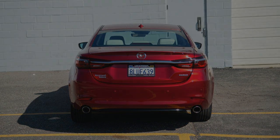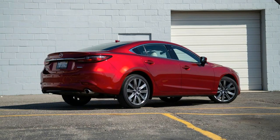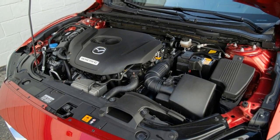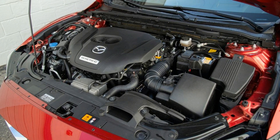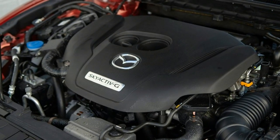$30,620 however accompany the more remarkable turbocharged motor just as Bose sound, satellite radio, an auto-diminishing rear-view reflect, warm side mirrors, and door shifters. The Grand Touring Reserve trim increases a shading head-up show, calfskin upholstery, power front seats with warming and cooling, warmed back seats, a warmed controlling wheel, power collapsing mirrors, and glitzier styling emphasizes for